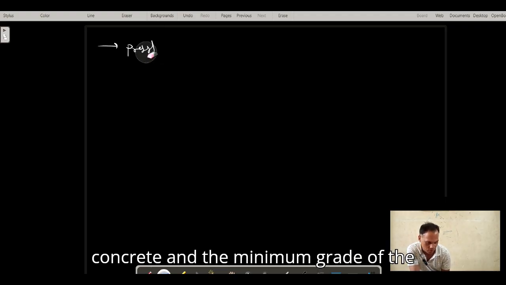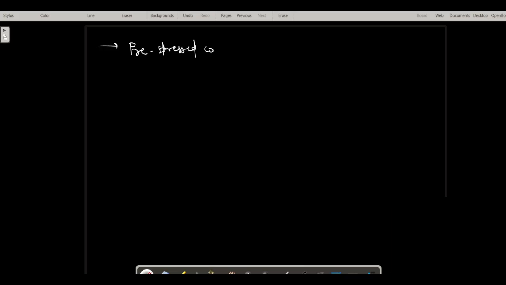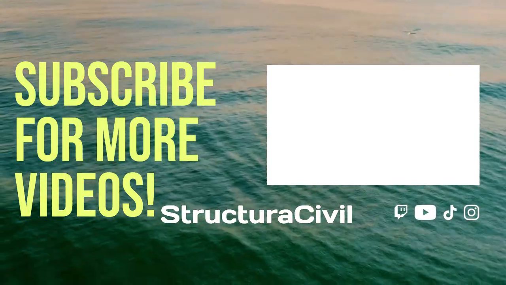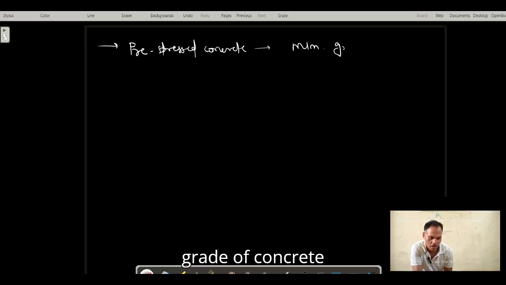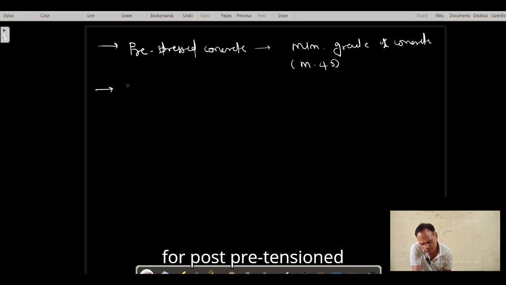When we use pre-stressed concrete, then the minimum grade of the concrete shall be M40, and for post pre-tensioned